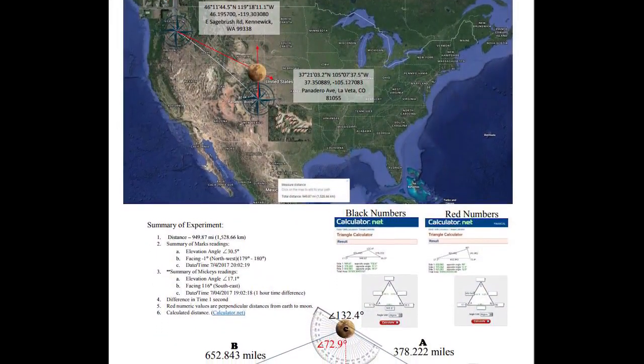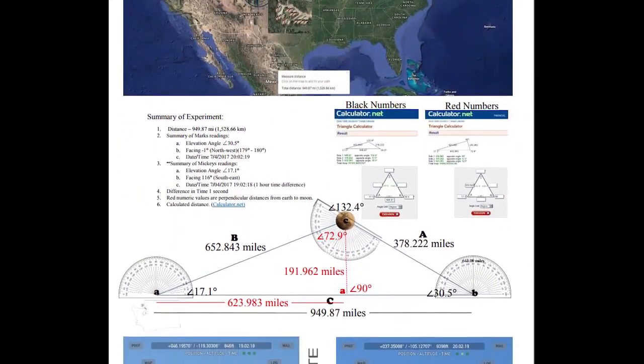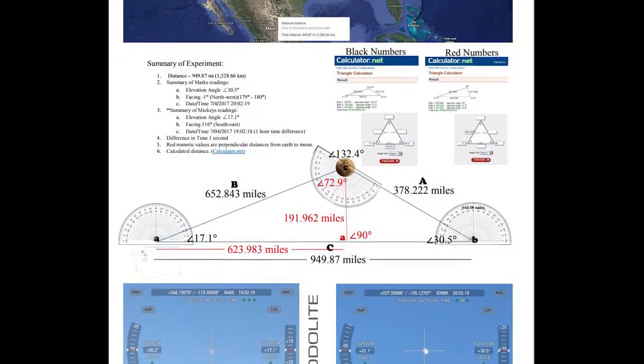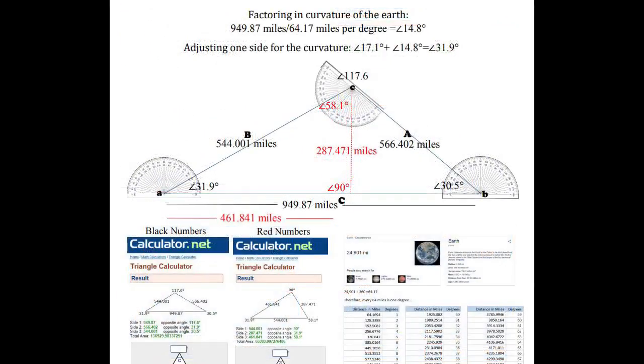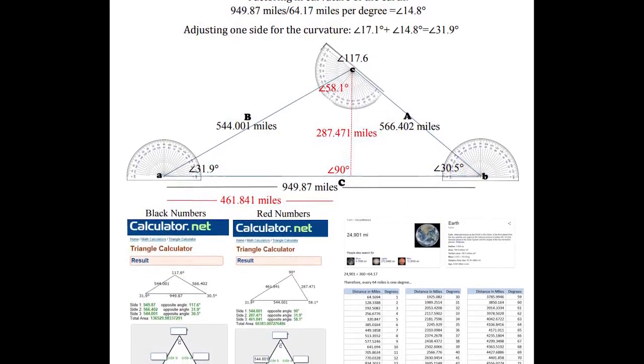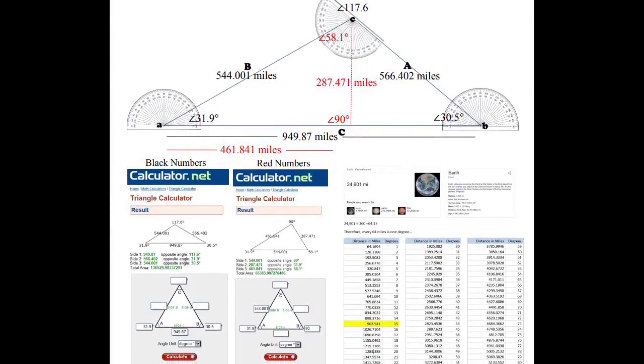Now, how many of you know if you know the distances between 2 points, you can triangulate to figure out the third, right? So they went to this website, calculator.net, it's just a math website, and they wanted to do the triangulation on the moon. So they took all the data from the Theodolite app, plugged it in, hit go, and it told them that the moon was less than 300 miles away.